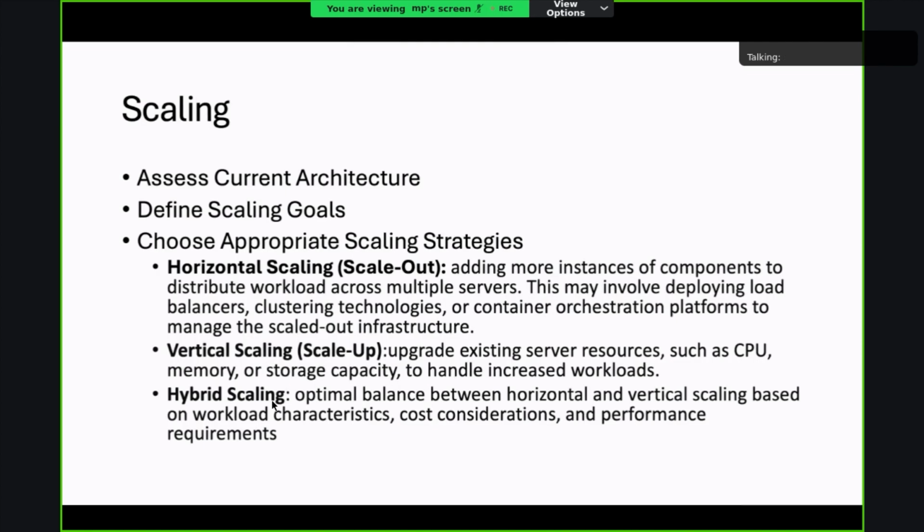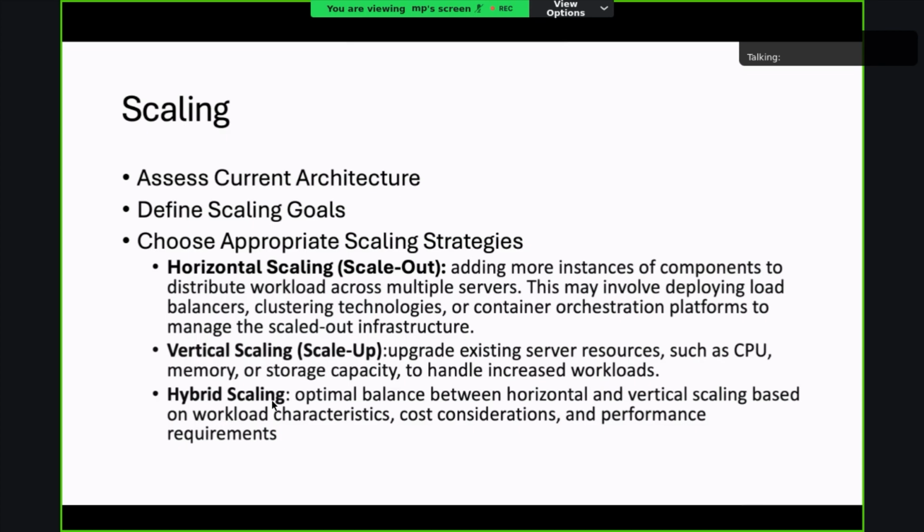We need an understanding of the existing architecture, including types of servers, operating systems, databases, and identifying the performance bottlenecks, scalability limitations, and areas of improvement. And then defining the scaling goals based on the anticipated growth of the workload, user base, or data volumes.